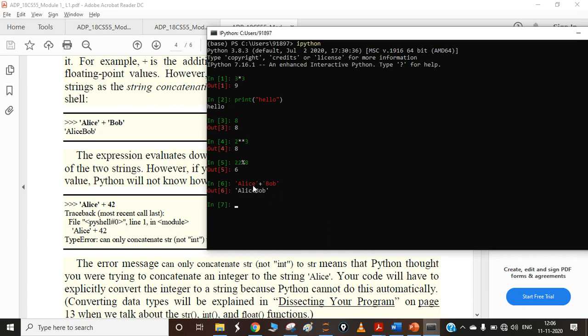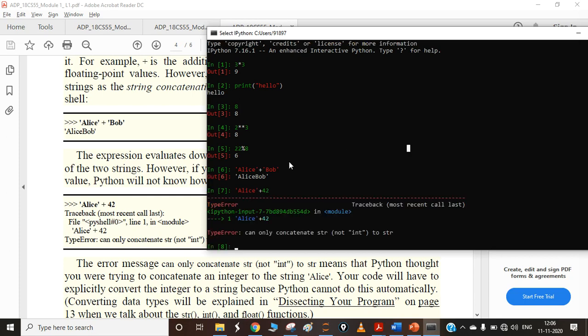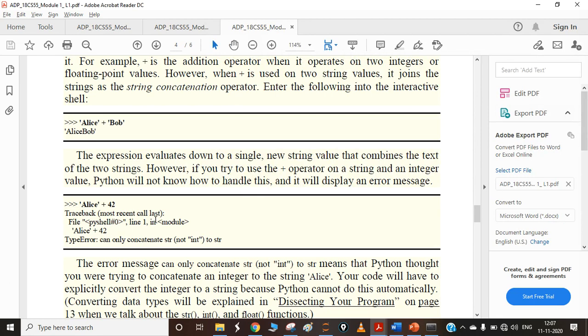Whenever we provide two operands for plus as strings, it is going to perform string concatenation. In another example, here the first operand is a string and the second operand is an integer. In that case it will give an error. In order to perform concatenation, the first and second operands should both be of type string. A statement like this leads to ambiguity that results in an error. That is something you have to remember.